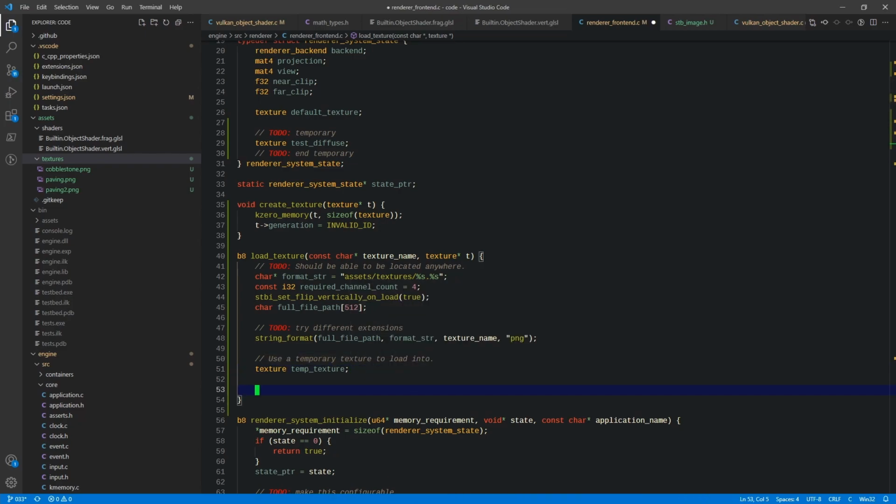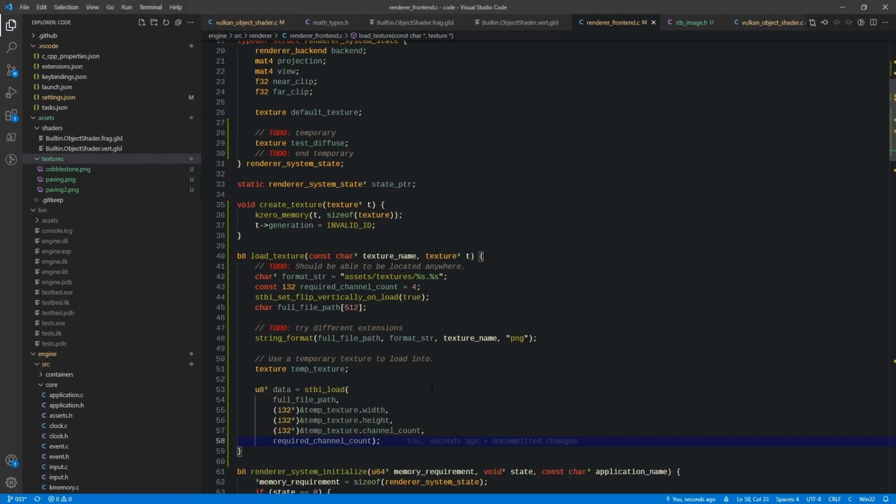And then we are going to call our STBI load function, which is actually what opens up the file and loads the data. So it returns an unsigned 8-bit integer array. So we're saving that off to a variable called data. We pass along our full file path. We pass along a pointer to x, y,